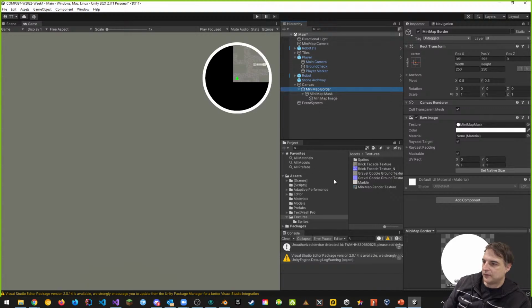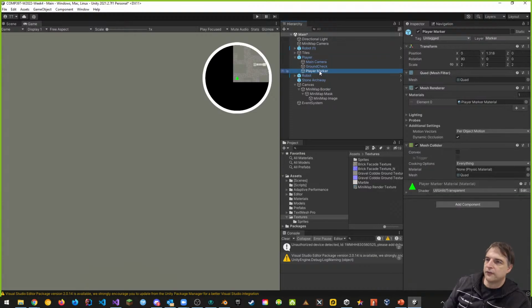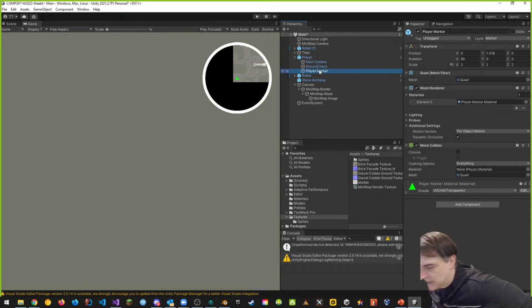Then it came time to make the components for the player. The player marker itself had to be a quad, because for a sprite to render in 3D, it has to have a surface to render, right? And that's a key learning as well from us, because, for example, if I wanted to draw a sprite like an image, tattoo, or some kind of decal